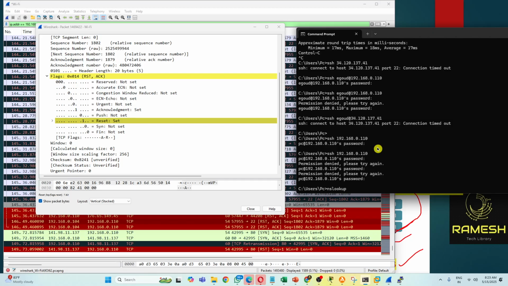Port number 22 is not enabled in my server or my device router. So without port 22 enabled, how can it listen to the traffic on that port? It will send a reset connection. Who sends it? The receiver. It says, "I don't have any services like port number 22, SSH service is not there, so please reset your connection." It will send this to the client, so the client will reset it and terminate the connection.